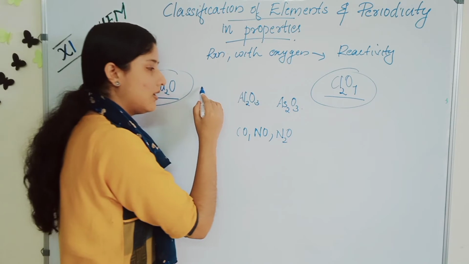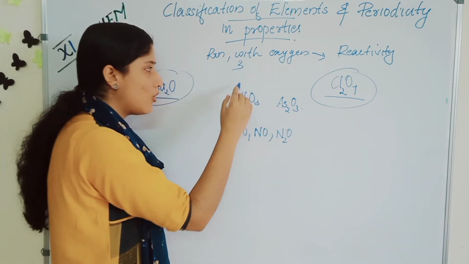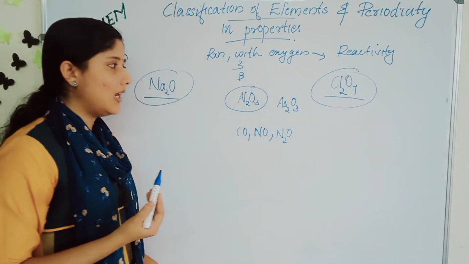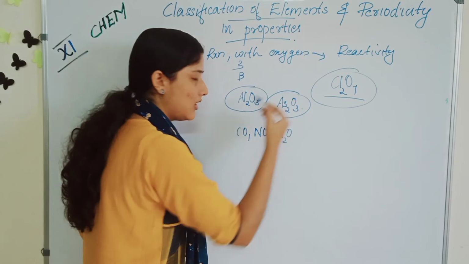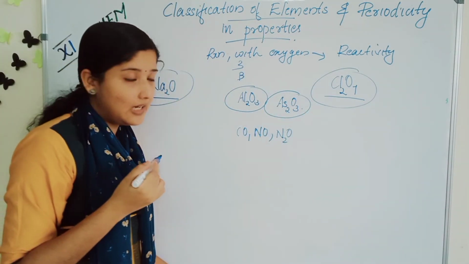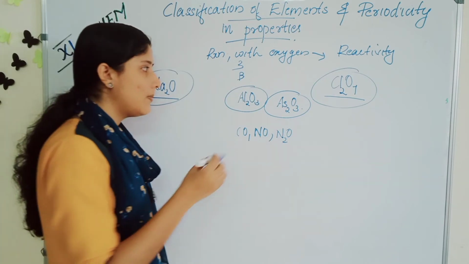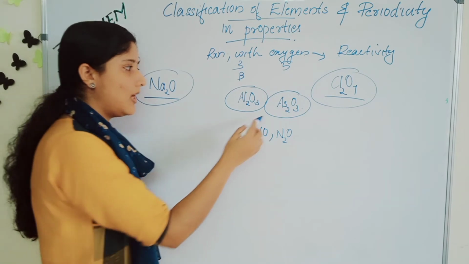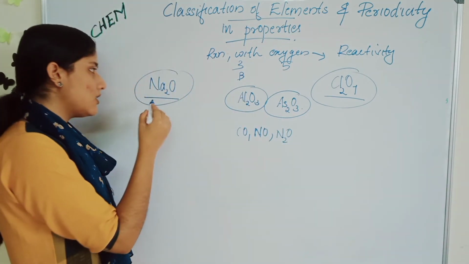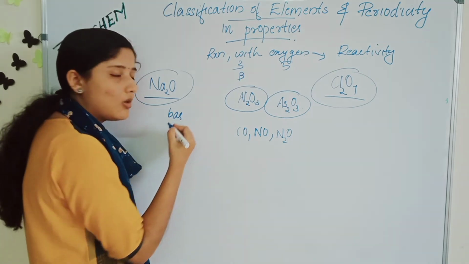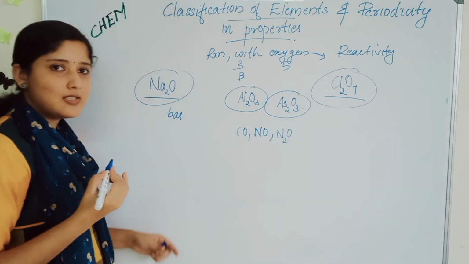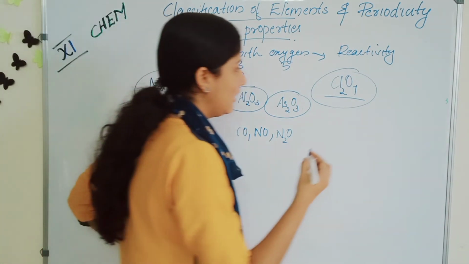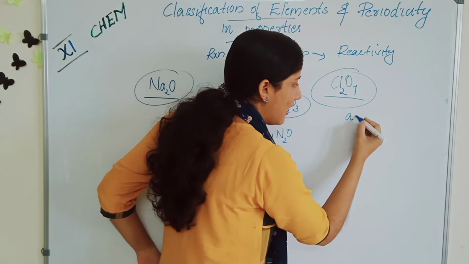The elements in the middle, for example the third group, boron, aluminium, form compounds like Al2O3, and also As2O3. Arsenic is under which element? Nitrogen, phosphorus. So boron, carbon, nitrogen, fourth and fifth group, they form compounds like As2O3. Look, the oxides formed with alkali metals or alkaline earth metals are basic in nature, and the oxides formed with halogens are acidic in nature.